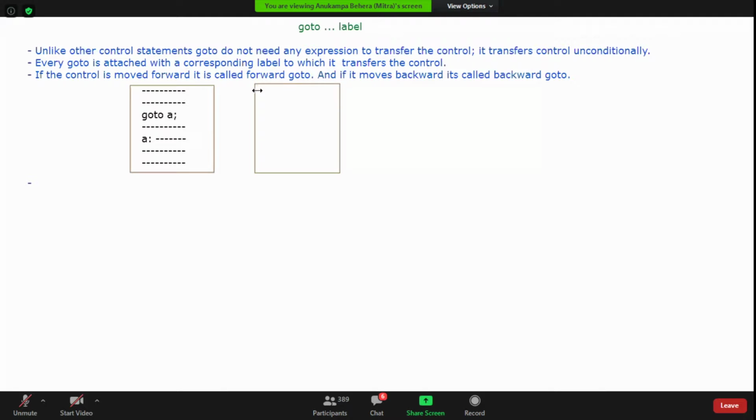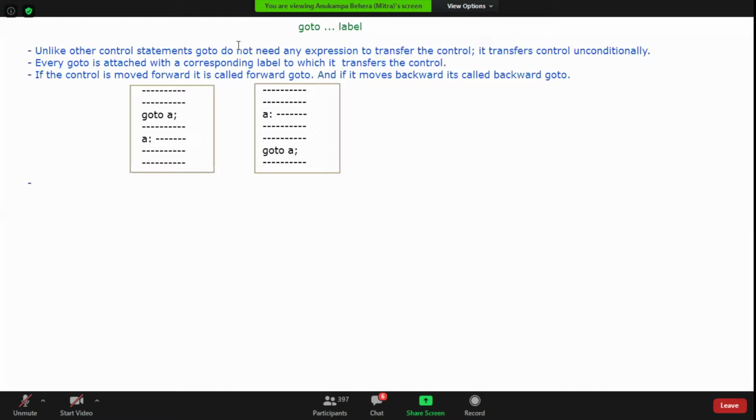And this is the second type of code, like this.